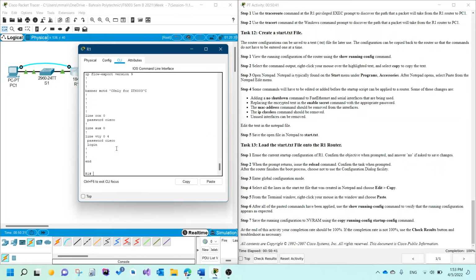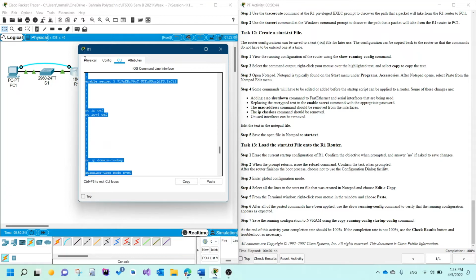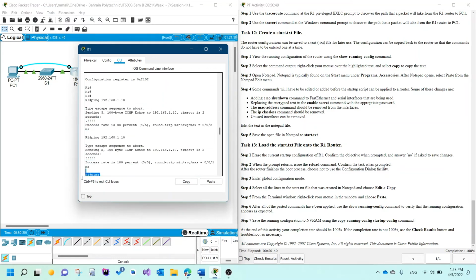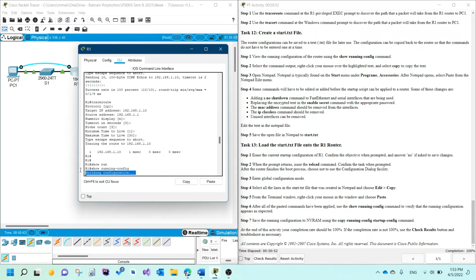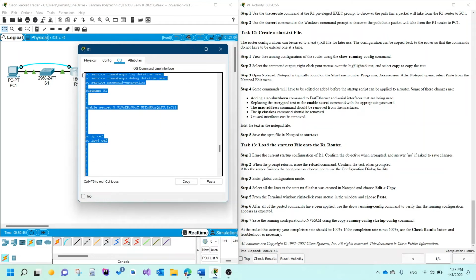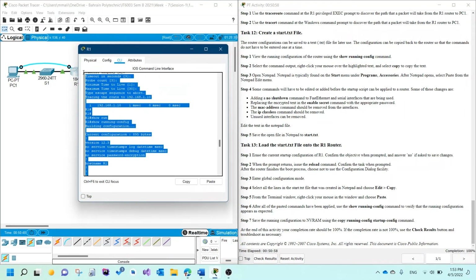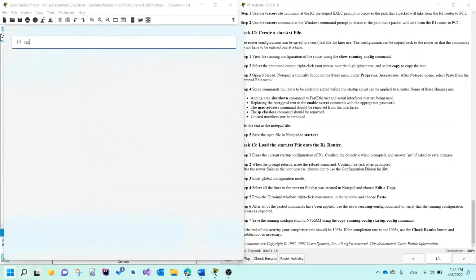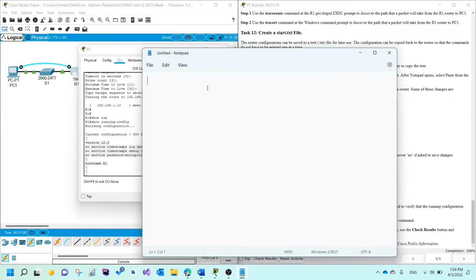So first of all, I would end it here and then select everything. Okay. I will copy all of this using the copy button here. Okay, and then I would open Notepad on my PC, paste it here,